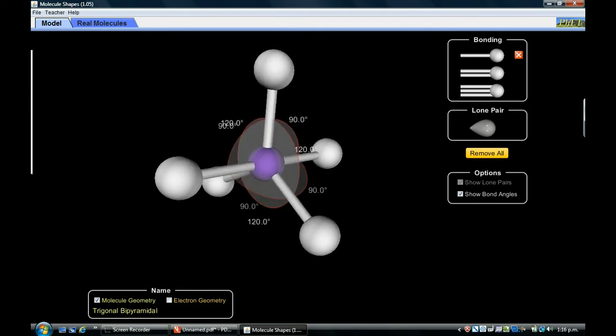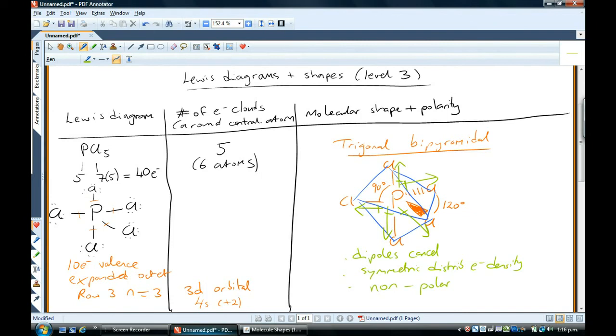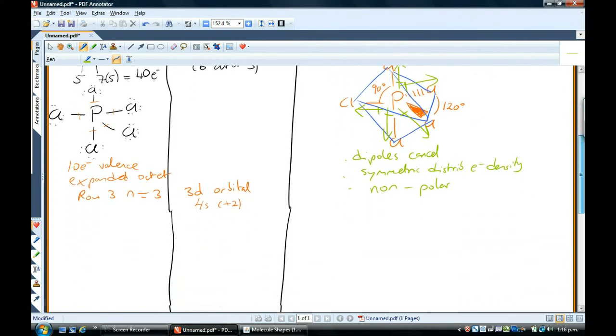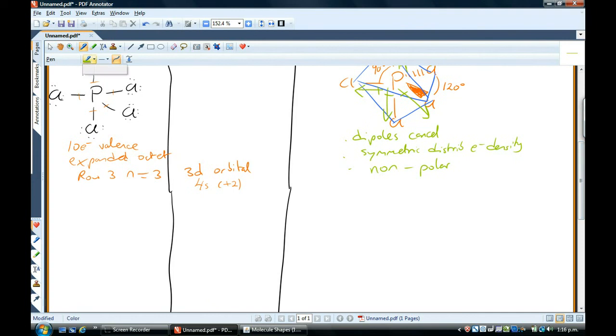There we go. So 120 for the big angles, and then 90 for the smaller angle between the chlorine and the phosphorus itself. So PhET is quite useful for visualizing these molecules in 3 dimensions, something that we can't do in 2D. So that's for 5 electron clouds and 6 atoms, and that was trigonal bipyramidal. Now, if we take a look at the next situation, which is going to be 5 electron clouds and 5